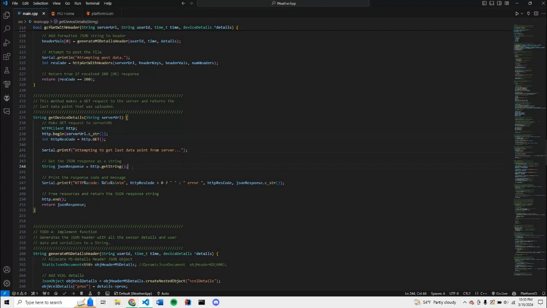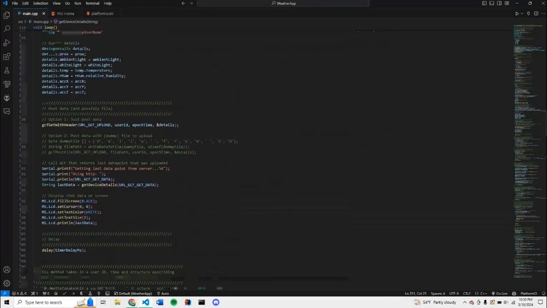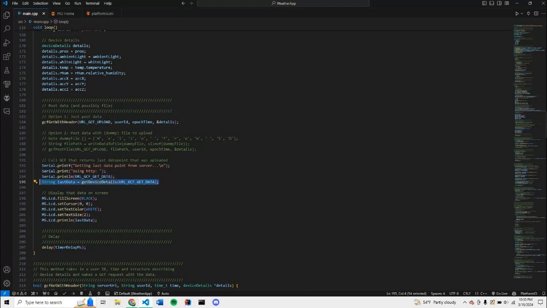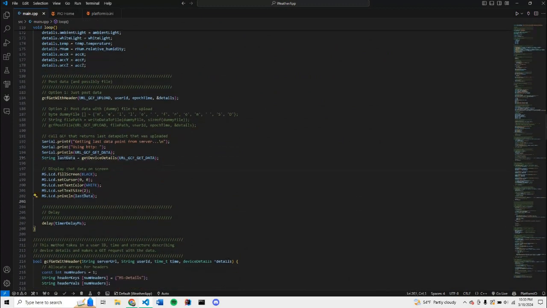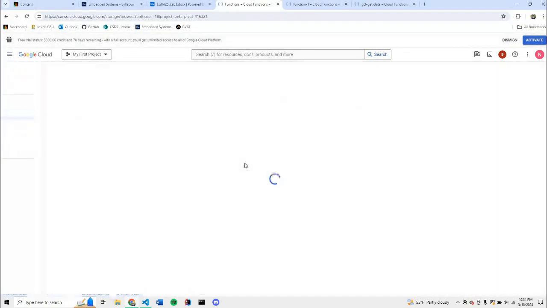I tried to parse a JSON string into a struct for device details, but that wasn't working, so we're just getting the string and returning that. And then we'll see if we go up to our loop, we call the function, get the string, and then we just print the string because we could not deserialize it. So you'll see that on our demo, is that we just print the string, and then I'll just show real quick the data that we posted to